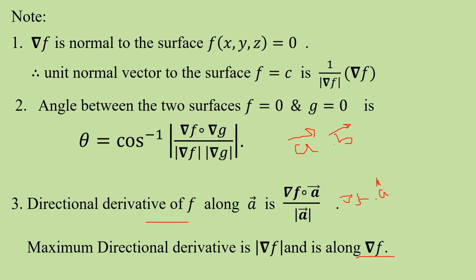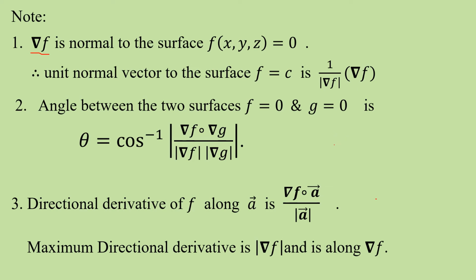So I can ask for the gradient of a given function f of x comma y comma z in three ways. Either I can directly ask to find the gradient of f, or in the physical interpretation I can ask to find the vector normal to the surface, where you also have to find grad f, or else I can ask in which direction the directional derivative is maximum for the given surface f. The directional derivative is maximum along the normal to the surface. Again you have to find the gradient. So please remember, students, the same concept can be asked in three ways, but you have to find the gradient itself.